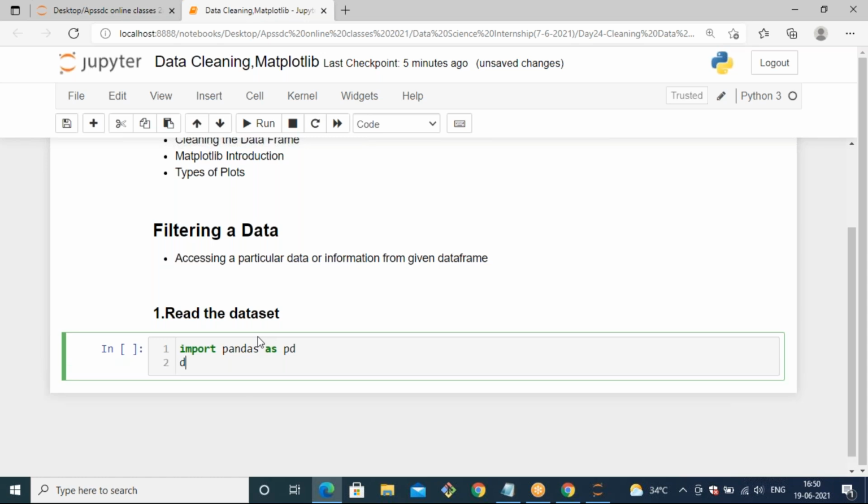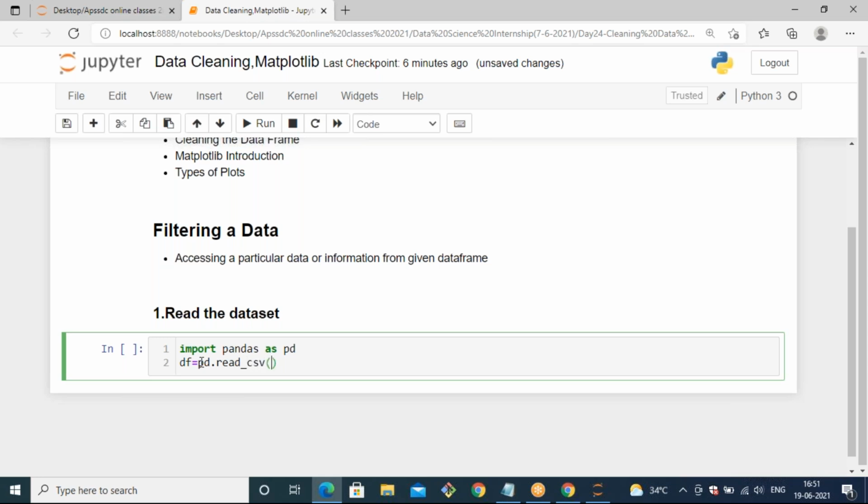And then while loading or reading any kind of data, you need to mention a variable. With respect to that variable only, we are going to load our data set. So I'm taking one variable, that is df. So df equals pd.read_csv.